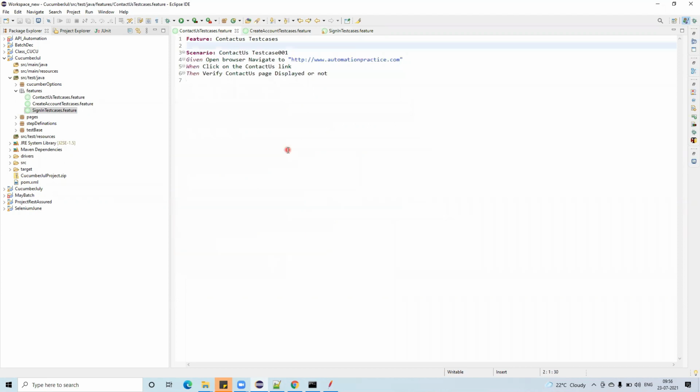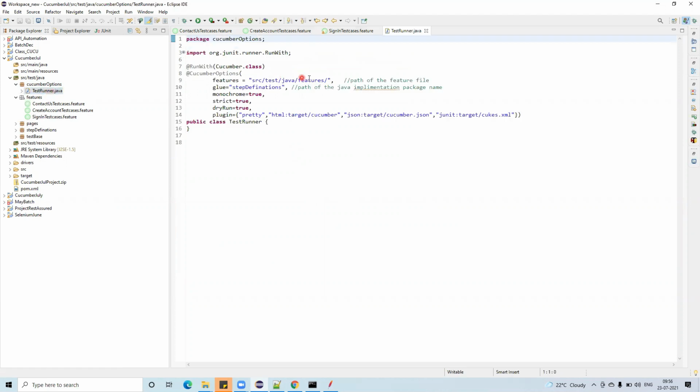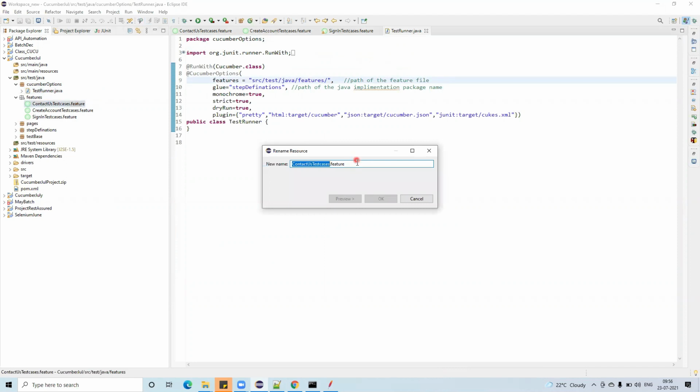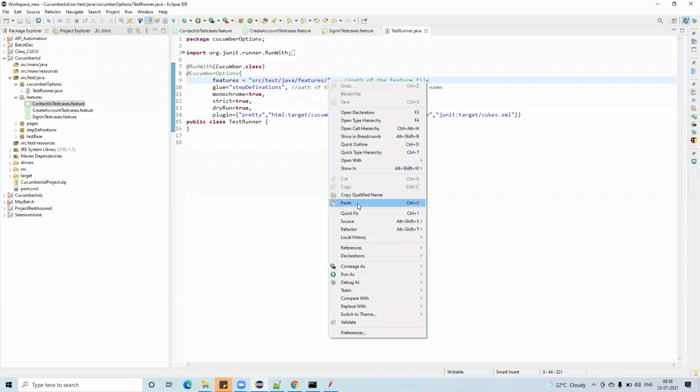If I wanted to run only the contact us test cases, if I ask you, what will you do? You will pass the contact us test cases dot feature in the Cucumber options here, providing the name of the file. You'd copy this, go here, right click and paste it.